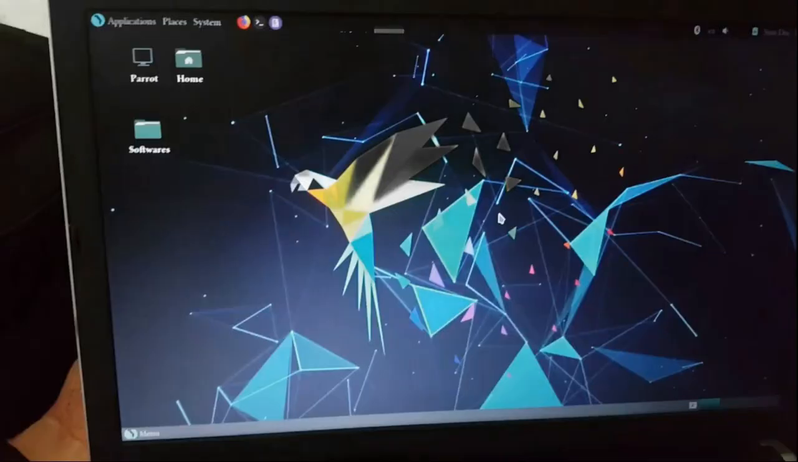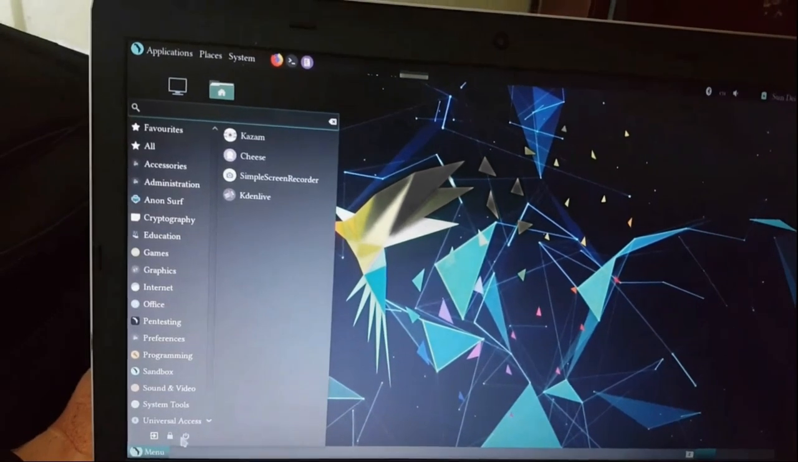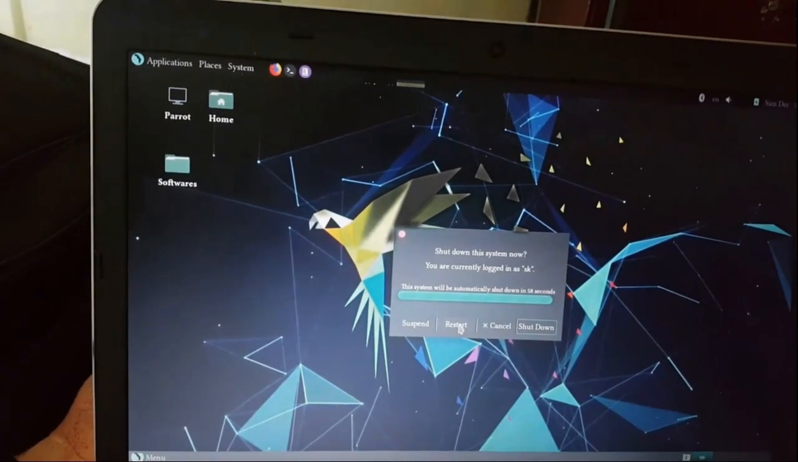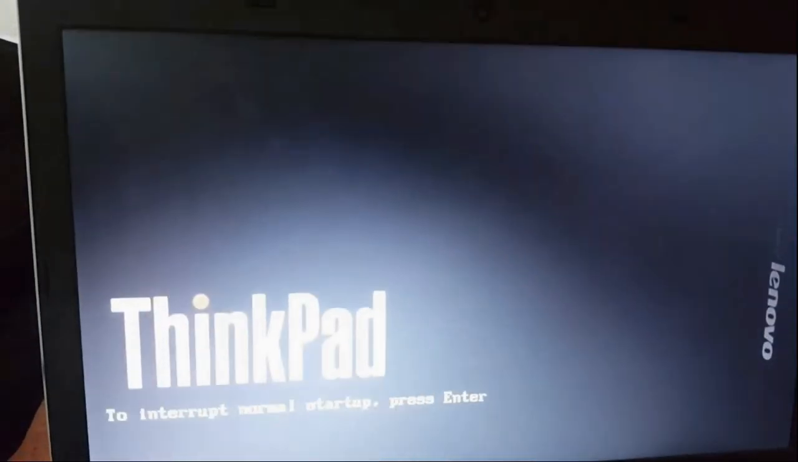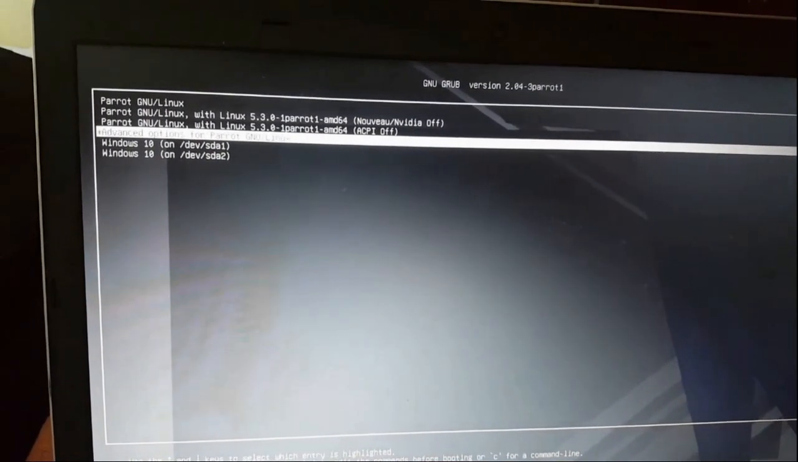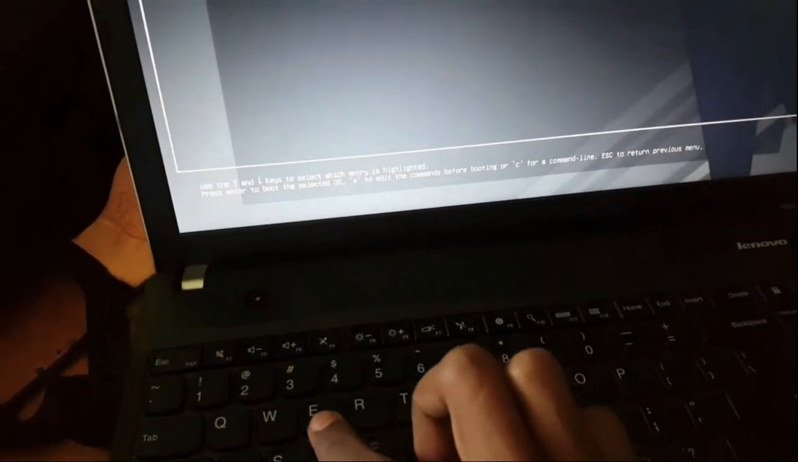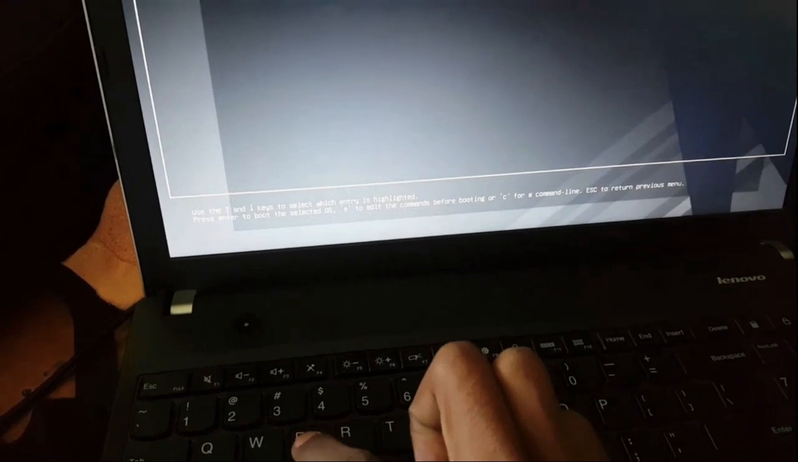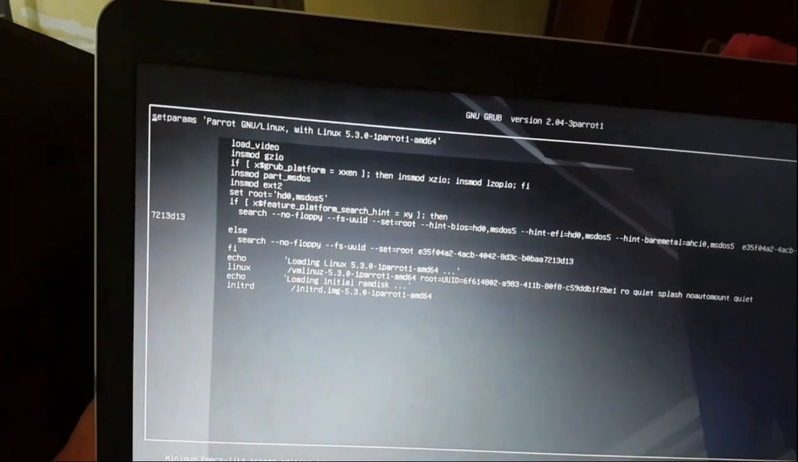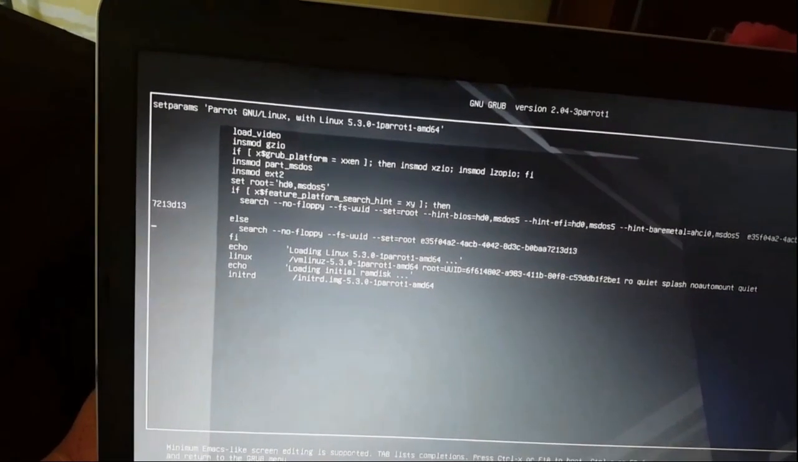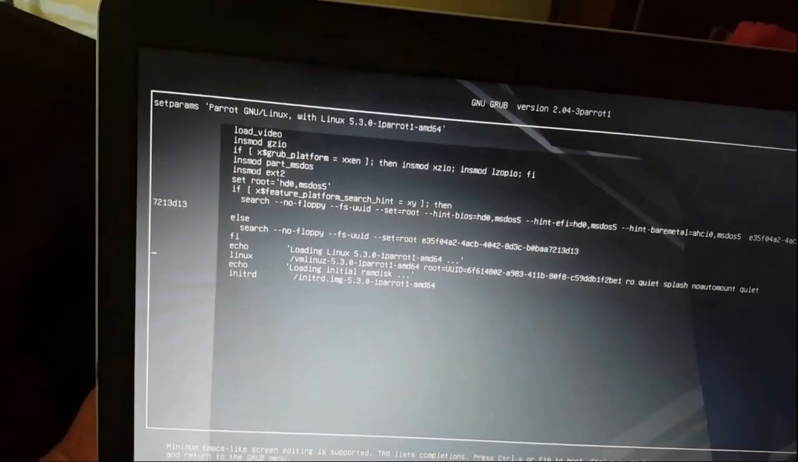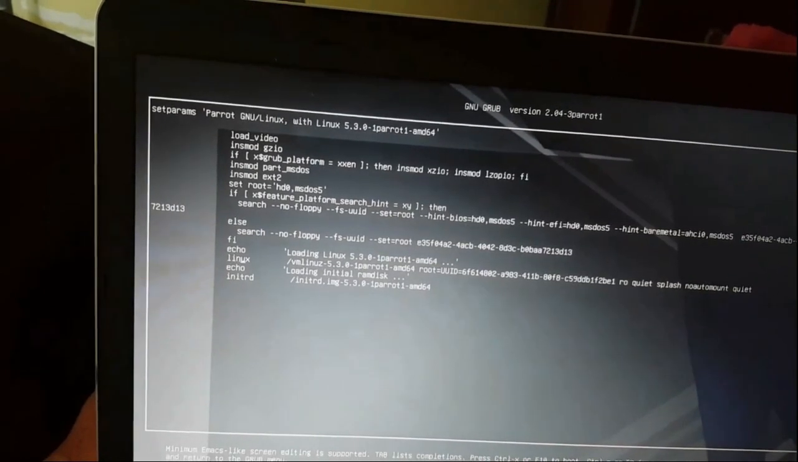First, what we have to do is restart our computer. After restarting the computer, select Advanced Options for Linux. Now press the letter E. Press these commands, and now scroll down to the line which begins with the word linux, and at the end of the line